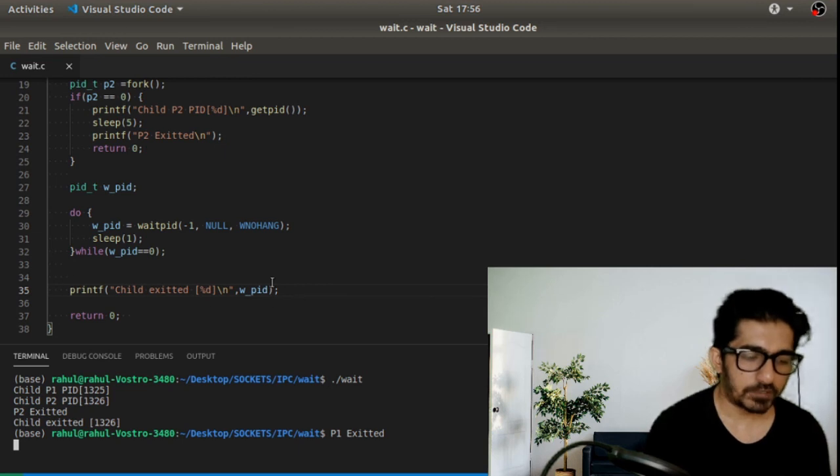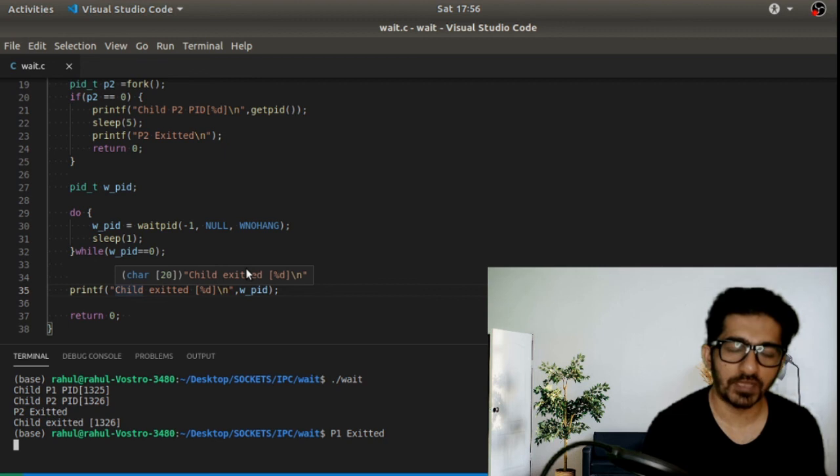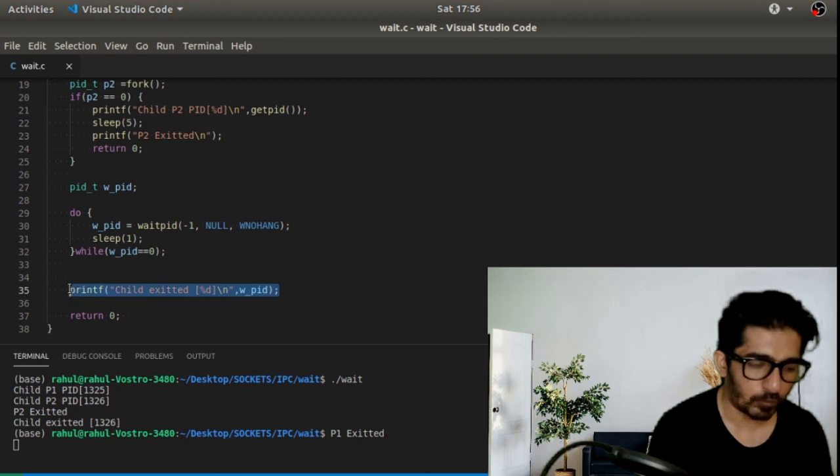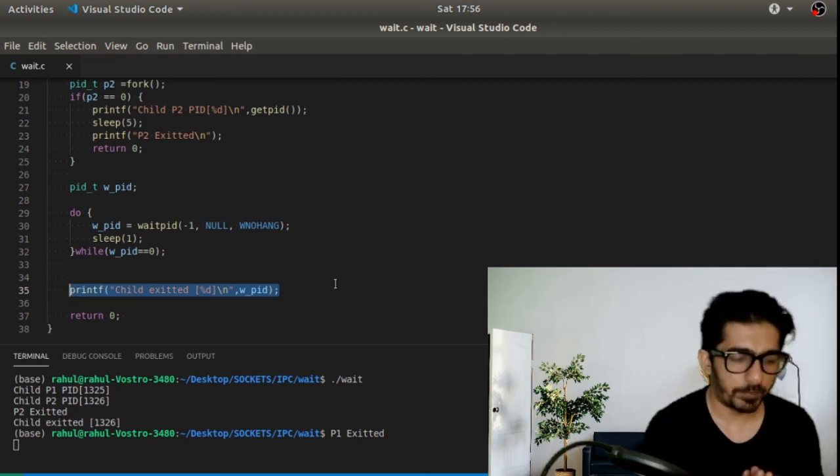If we want some more code here for the action we want to do for the exited process, like respawning that process, we can have our code here. Depending on our usability, how we are using this waitpid, we can make our amendments.